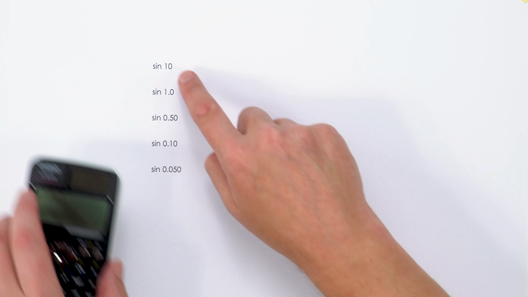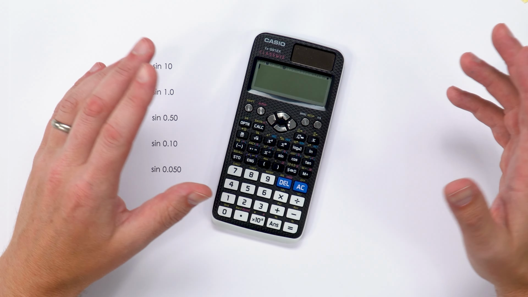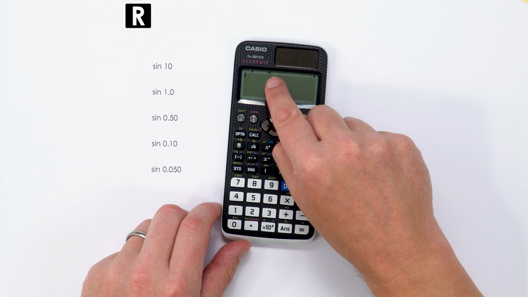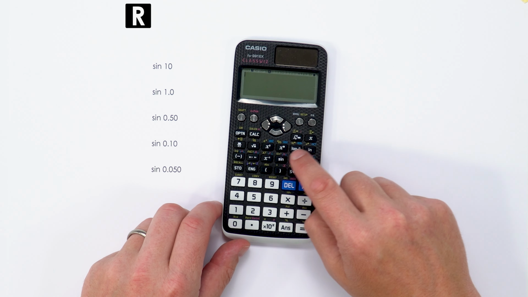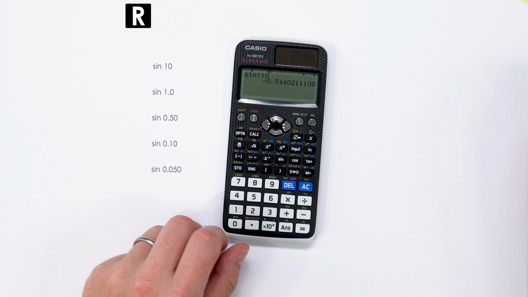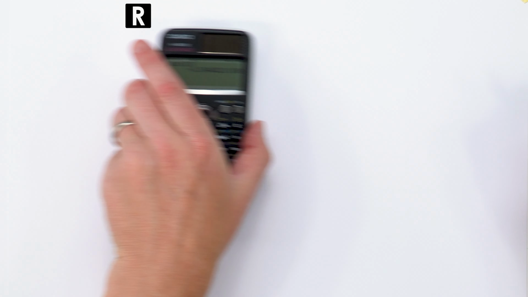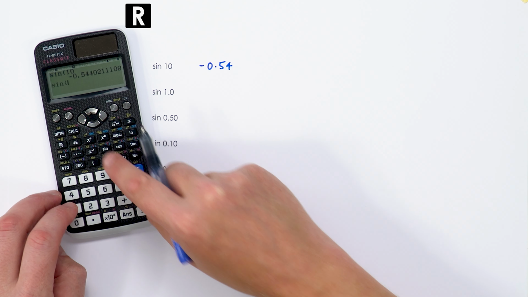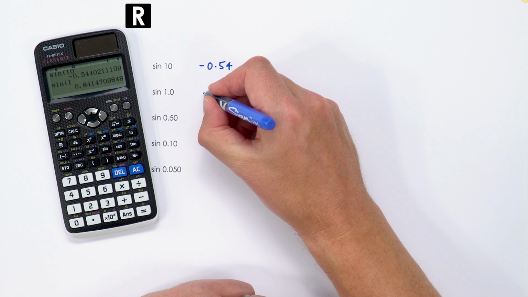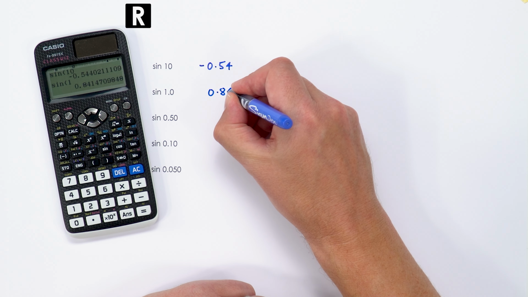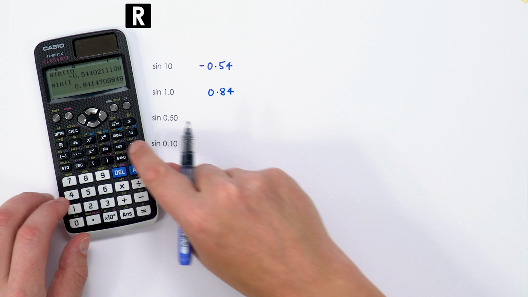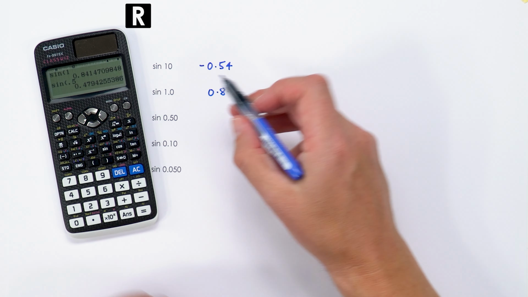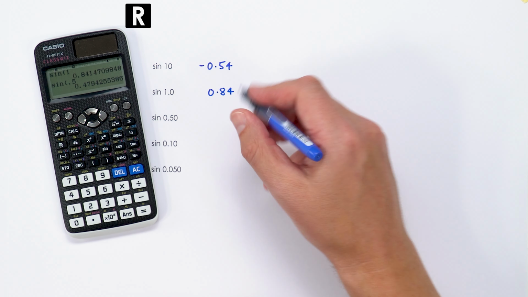So if we had sine of 10, where 10 is an angle measured in radians, and I've set my calculator into radians mode, if I did sine of 10, we get an answer of minus 0.054. If we did the same thing again, but now we looked at the sine of 1, that would be equal to 0.84. And as I look at the other numbers here, when we've got sine of a half, that's equal to 0.479, so that's